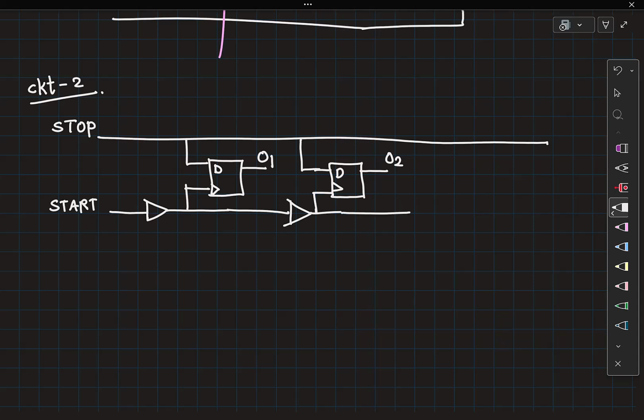O2. O3, etc. So I am giving a time interval, which is the delay between the rising edges of start and stop, and the output is O1, O2, O3, etc. So first question is, can this act as a TDC?